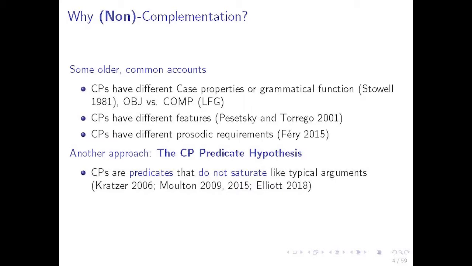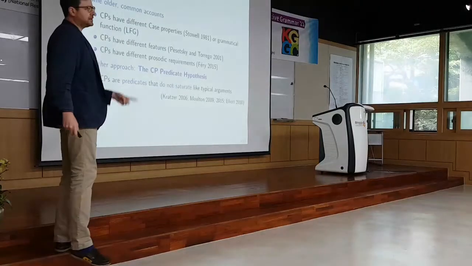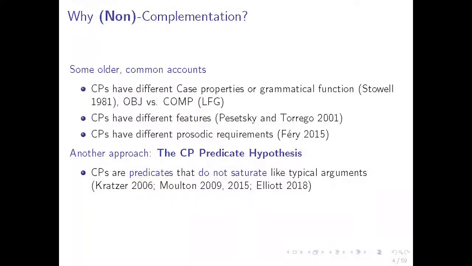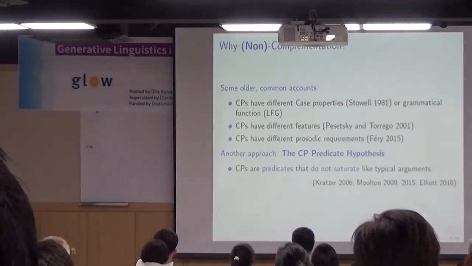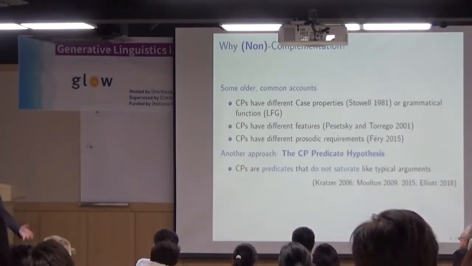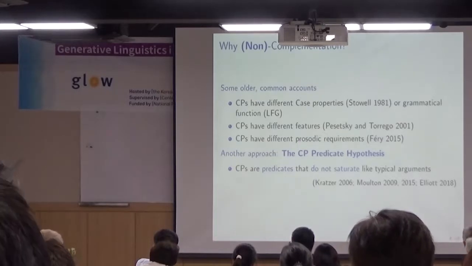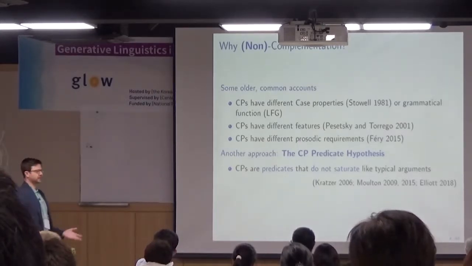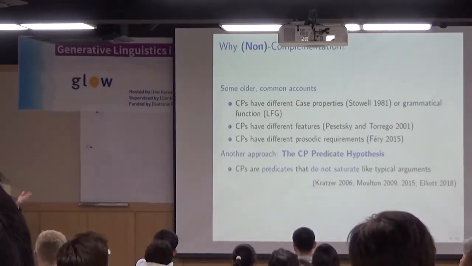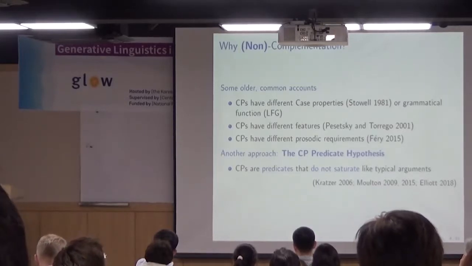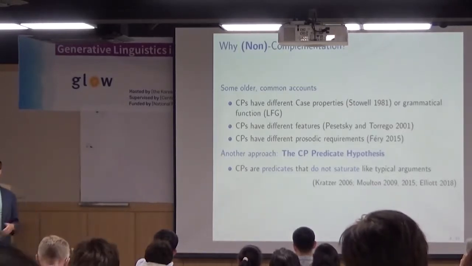Very true. Today I want to talk about another approach, which I think is compatible with the other ones too. I just think it might be needed as well. And that's the idea that CPs, or at least some of the more canonical ones that we talk about a lot, are predicates. I call this the CP predicate hypothesis. We'll see in detail what it is, but the basic idea is that a that clause in English doesn't saturate a predicate. It adds extra information. It's a type of modifier. It's not a saturator. I'll use that terminology a bit in this talk. CPs don't saturate predicates. They somehow just add extra information.